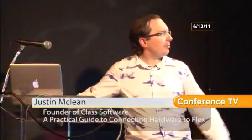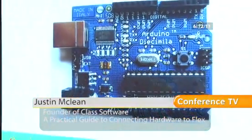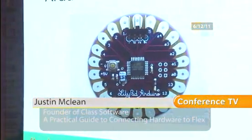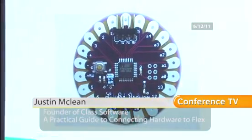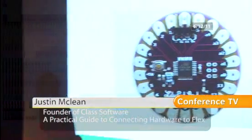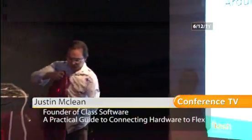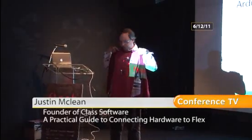So here's sort of what some of the Arduino boards look like. This is the standard prototyping board. This is a LilyPad. Now, LilyPads are an interesting board. They're actually made to be sewn into clothing. And I have here my little Flash shirt. Now, I wouldn't recommend wearing this at an airport. Let me just...